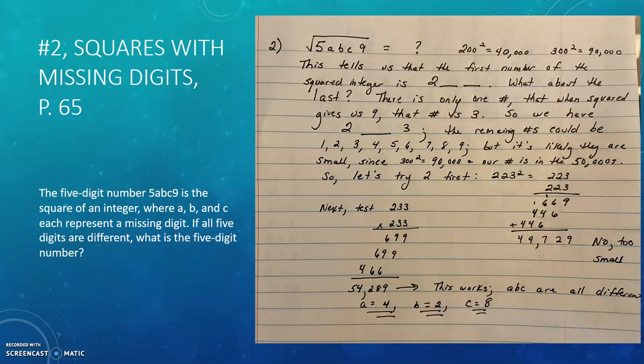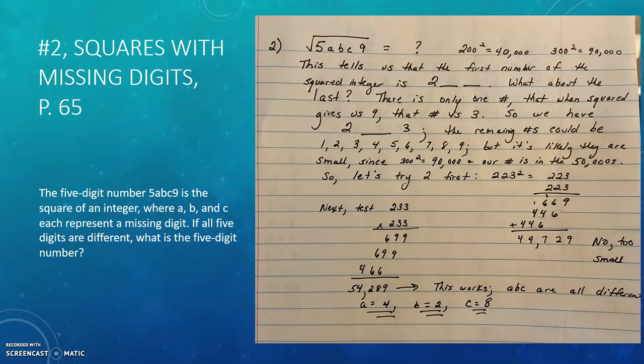The remaining numbers could be any of the numbers between 1 and 9. But it's likely that it's going to be small since 300 squared gives us that 90,000 and our number is in the 50,000s. So I tried 2 first. So when I put a 2 in, I had 223 times 223 and I got 49,729 and that was too small. So then I tried 3 and I did 233 times 233 and that indeed gave me